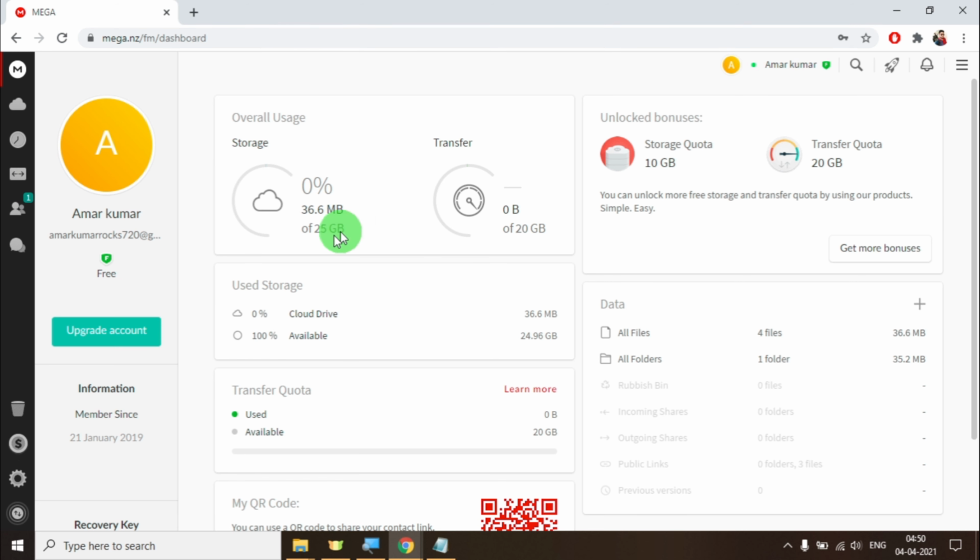Here I have my account, which is already logged in, and see, in my account I have got 25 GB of storage. So I can store or copy files up to 25 GB. We have to keep in mind that whatever files we are going to copy from the link should not exceed the limit of your Mega Drive account. While creating a new Mega Drive account, you will get around 25 GB, or maybe sometimes around 35 GB, depending on the offer going on at Mega Drive. Currently I have 25 GB.